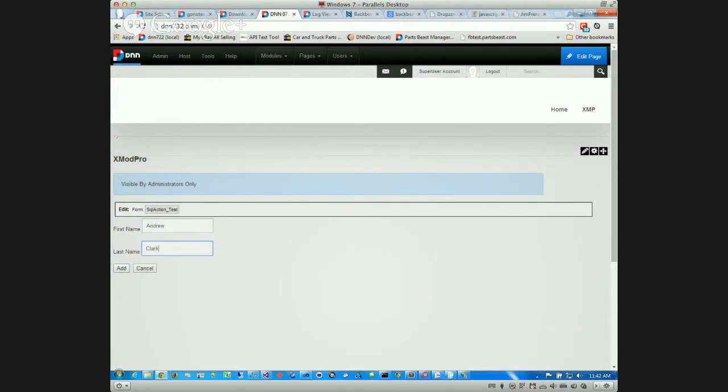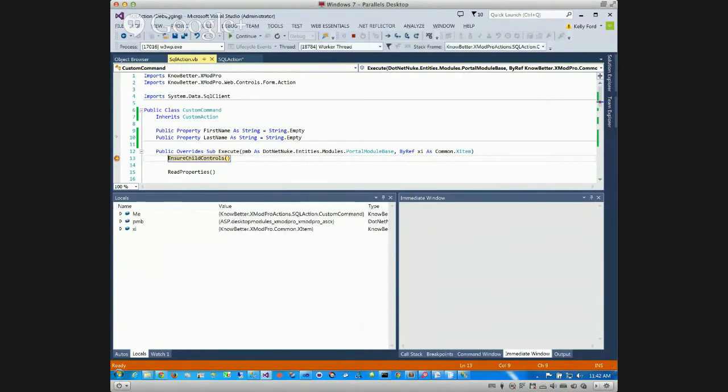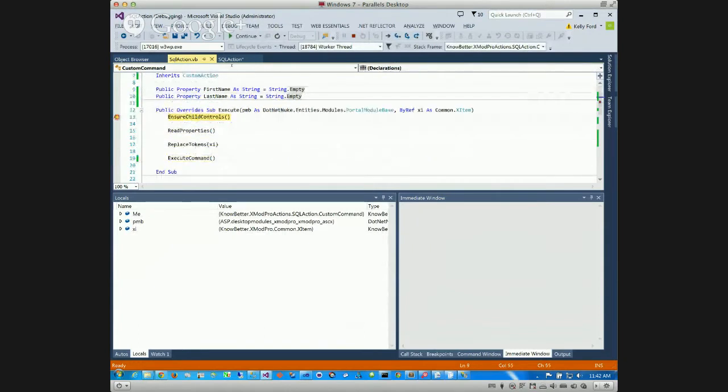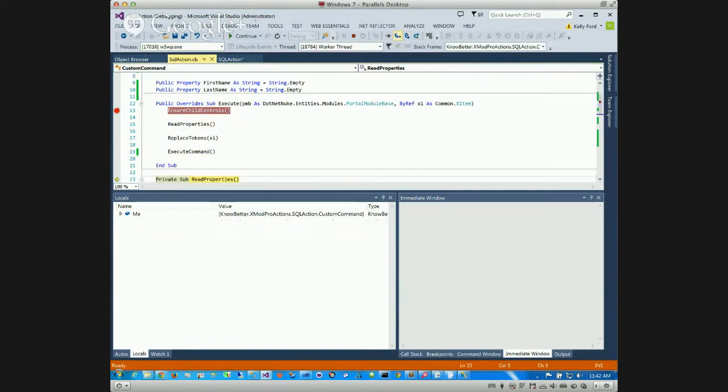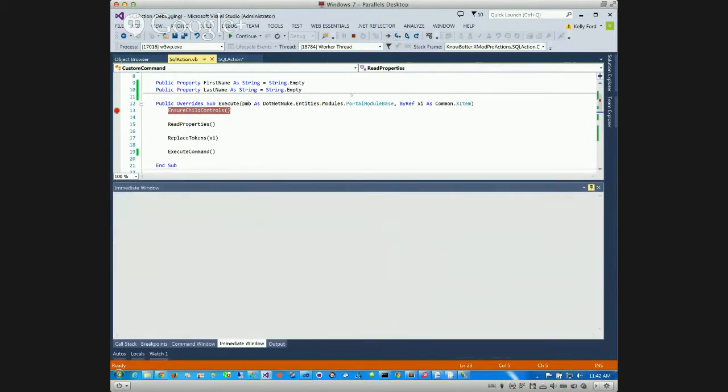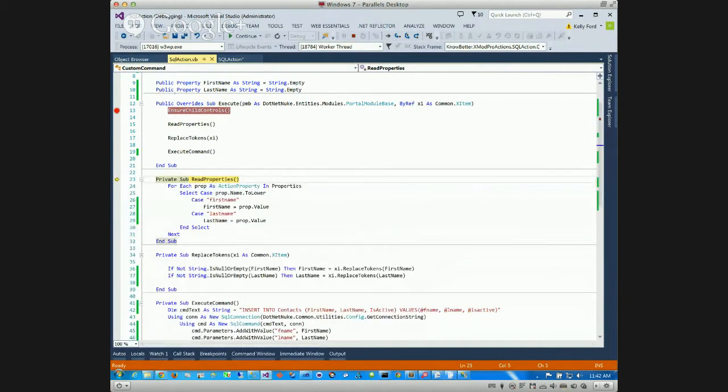So we'll click Add, and you can see it pops us over into Visual Studio, and we've stopped on line 13, Ensure Child Controls. So from this point forward, you can do debugging. Ensure Child Controls, you don't really need to step into. You can step over that, but we'd go to Read Properties, which is one of the functions that we created. Let me get rid of these so you can see better. Now you can see we're in the Read Properties